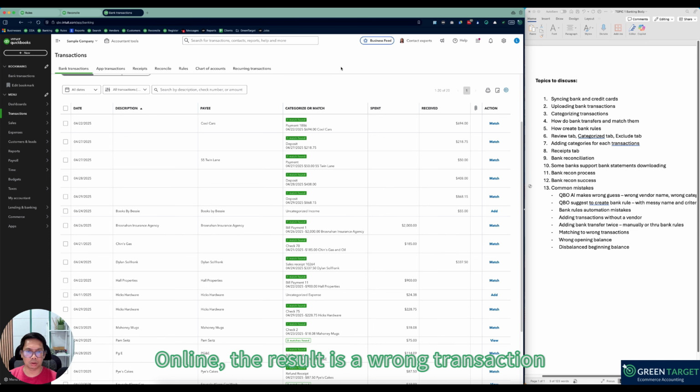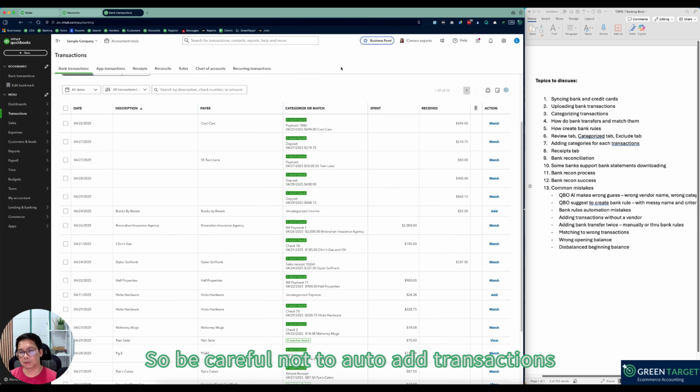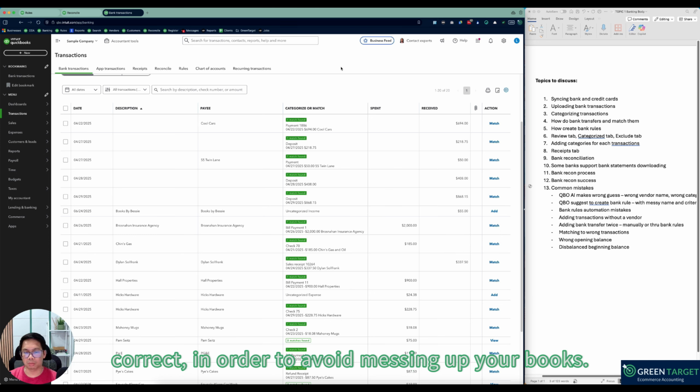The result is a wrong transaction or a wrong category or wrong setup, then it can mess up your books pretty fast. Sometimes it's hard to clean up, it's hard to fix it. So be careful not to auto add transactions by using bank rules automation unless you are 100% sure that you set it up correct and the category is correct, the vendor is correct, in order to avoid messing up your